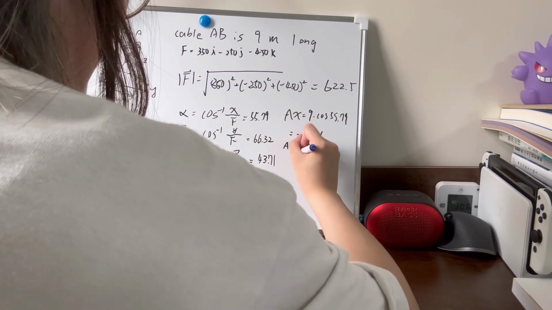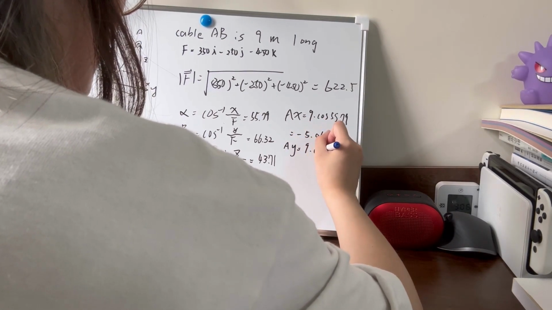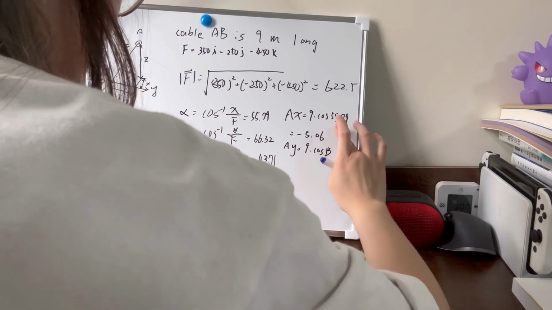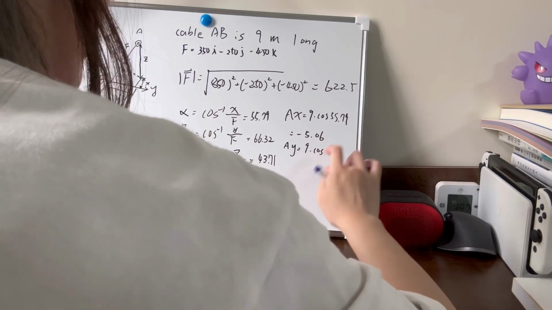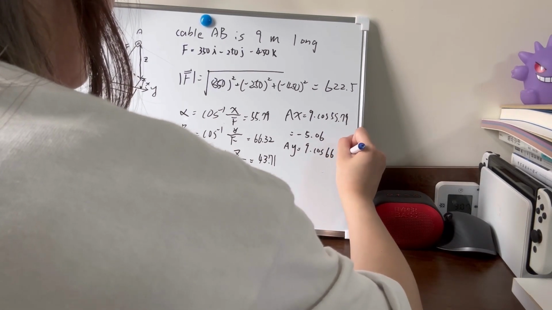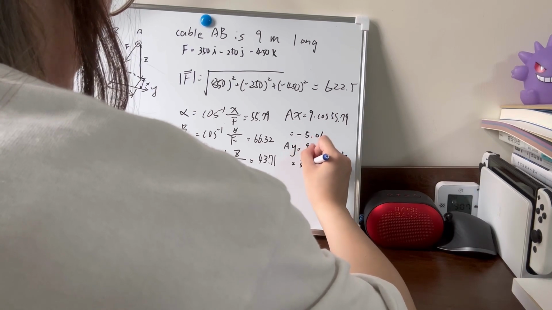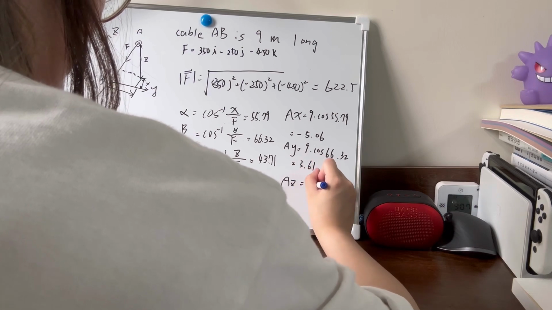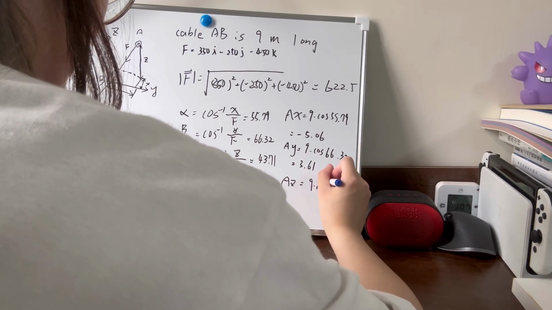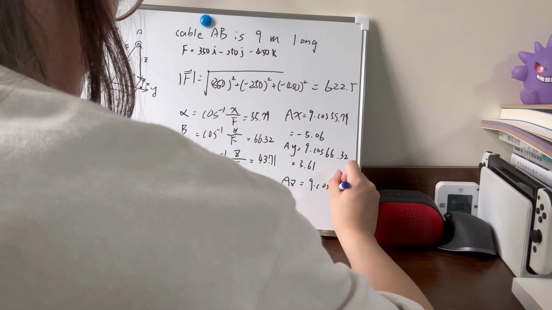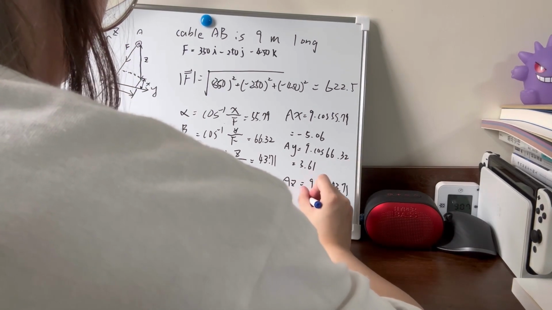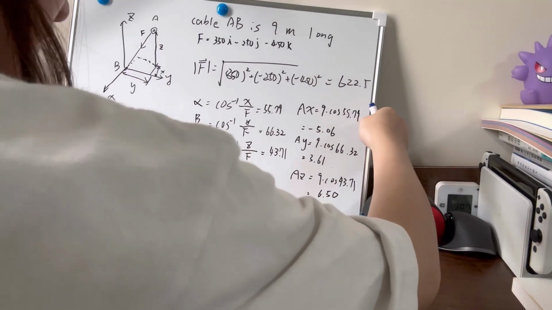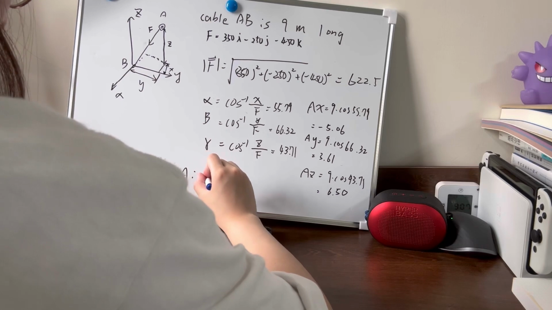and AY will be 9 cosine beta, will be 66.32 and then 3.61, and the AZ is 9 times cosine gamma, and it will be 6.550, and the answer is